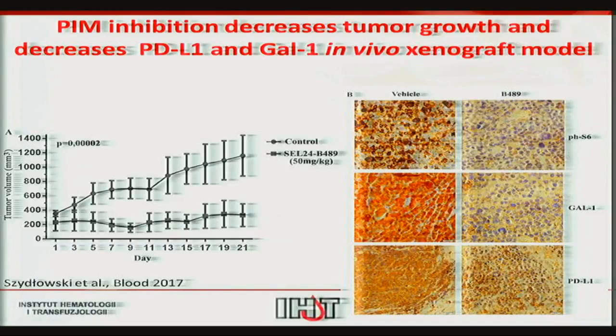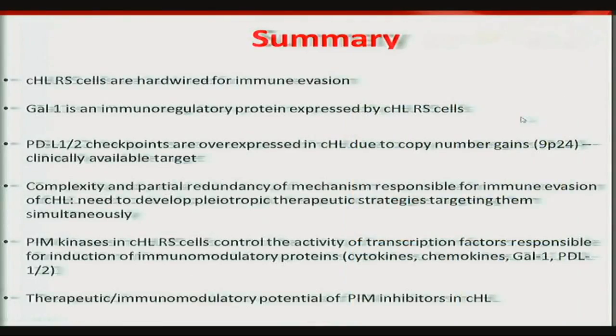The inhibitor also erased this phosphorylation in tumors explanted from the mice. So to summarize this talk about the immune evasion mechanism in Hodgkin lymphoma that we identified, we first